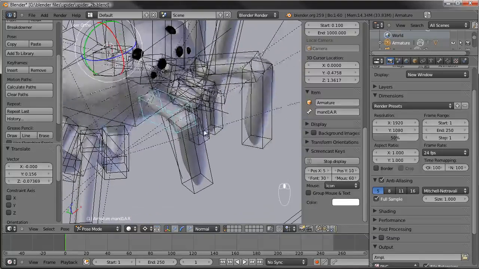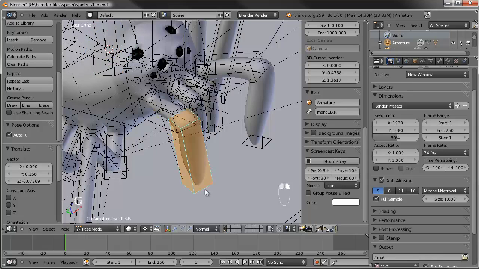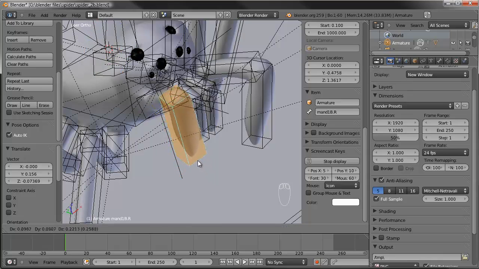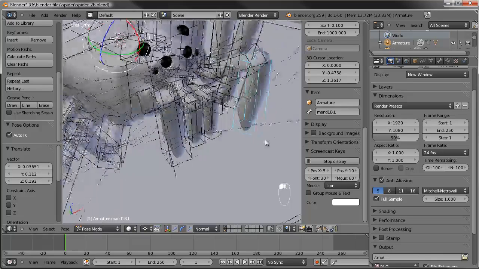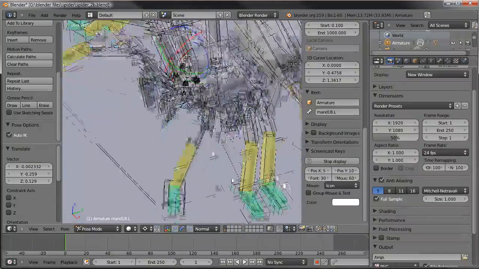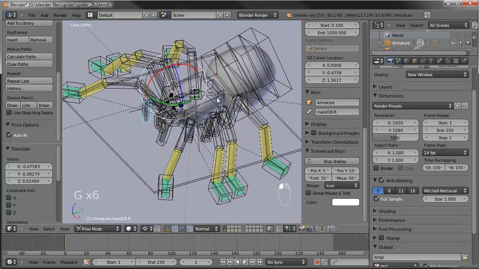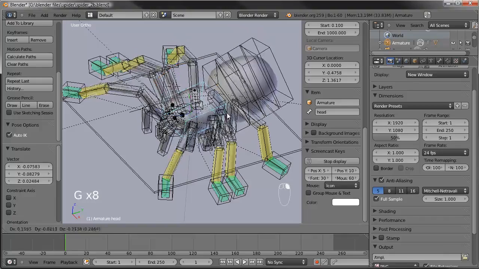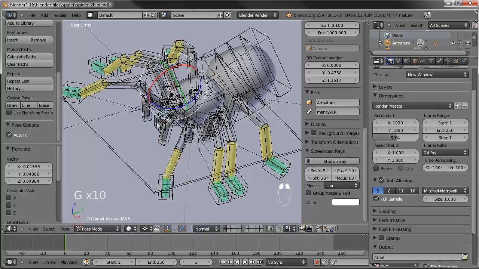One thing we can do, like I was about to put the IK controls on there, is what's called auto IK, and that's going to be over here at the very bottom of your pose tools, auto IK. So now we just grab the tip of it and move it, and it looks like it has auto IK turned on, and you can just move it around. Now that works pretty well, but I wouldn't recommend it for things like legs, because while it works to pose it out in space like this, it doesn't allow you to keep the tips of your chains on the ground. So that's why I didn't add it to these particular ones. So anyways,